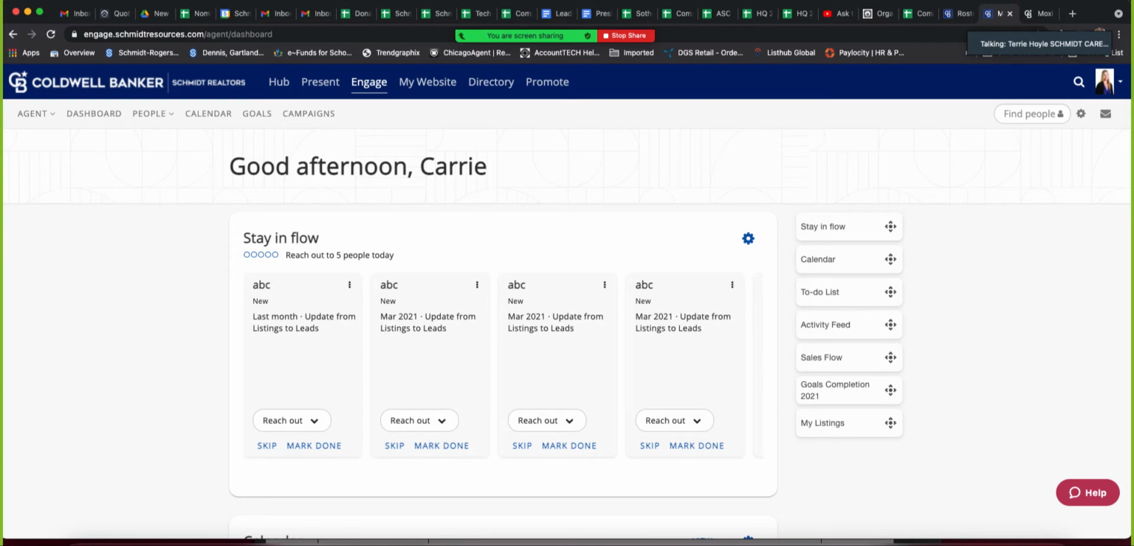So this is also where you can get to your goals, but keep in mind it'll prompt you when you first log in to enter that goal. If you're not ready at that time, if you really don't know, you haven't had business planning with your manager yet, you're uncertain of what you want to put that number at, you can go ahead and ignore it. It does let you skip it, and you can always get back to it from right here at the top